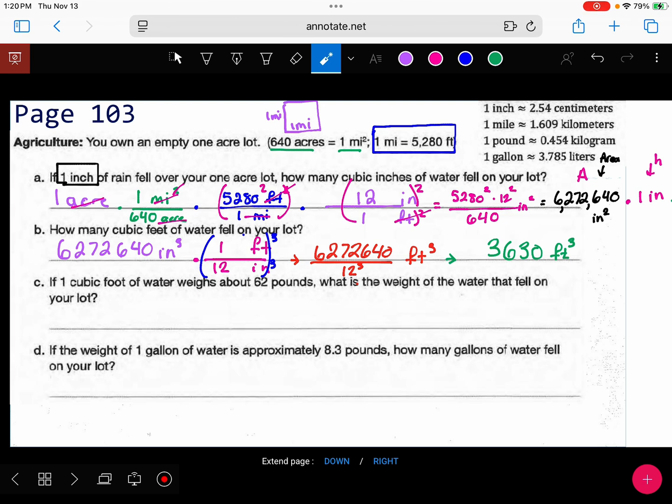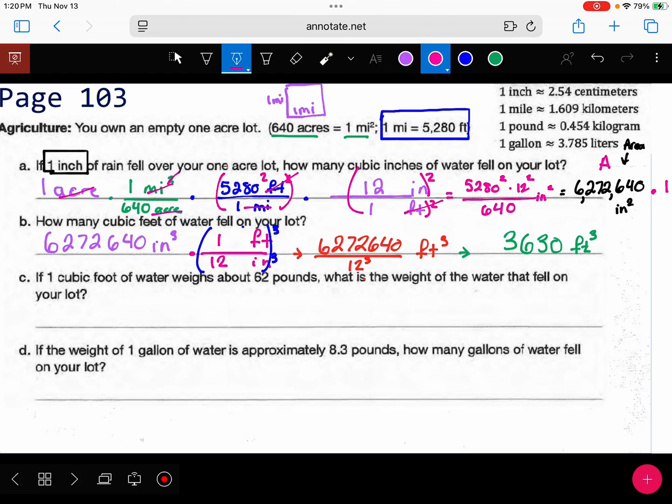How much did that 1 inch of rain weigh? Water weighs 62 pounds per cubic foot. We have a number of cubic feet, so can we multiply that by 62 to find out how many pounds it weighs? Okay, so we're gonna do